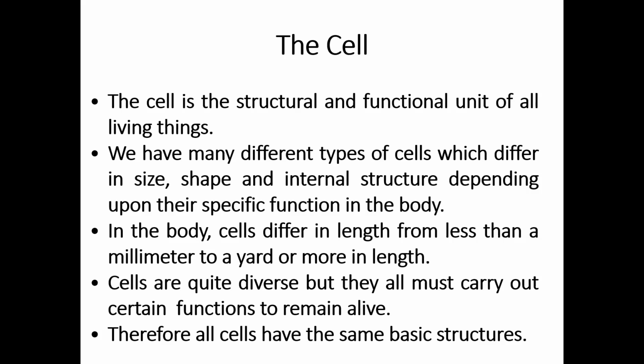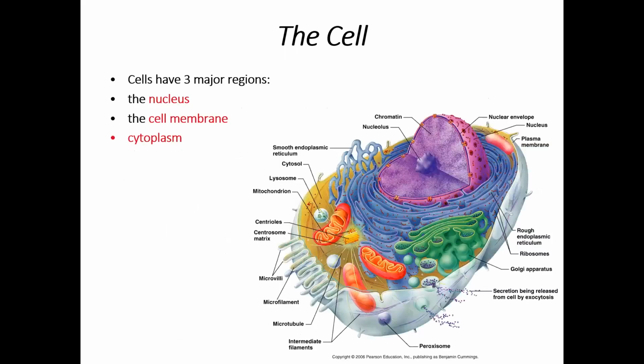One thing about this, every living cell has 3 things in common. If you're a cell, you have 3 things. You all have a nucleus, you all have a cell membrane, and you all have cytoplasm. Now, the only cell that doesn't, there's always an exception: red blood cells do not have a nucleus. Red blood cells kick out their DNA, their nucleus, before they finish forming, because they want to have more room to carry hemoglobin, to carry oxygen,